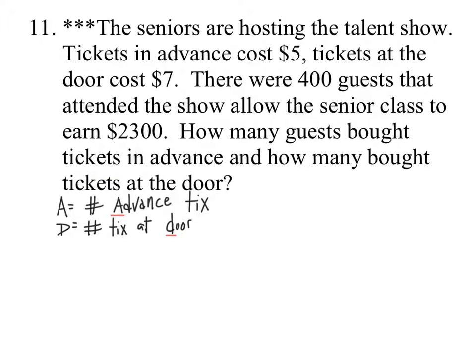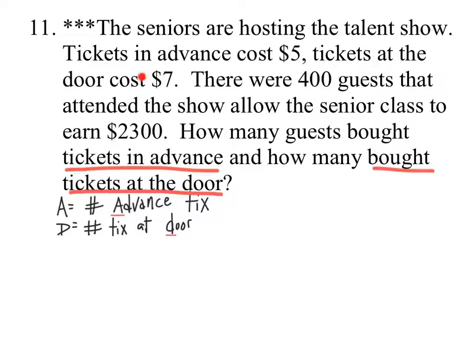That's what we need to figure out: the number of tickets purchased in advance and how many bought tickets at the door. Okay, so that is our objective. So what information do we know right off the bat? Well, we know that they made $2,300 through the combination of tickets purchased in advance and tickets purchased at the